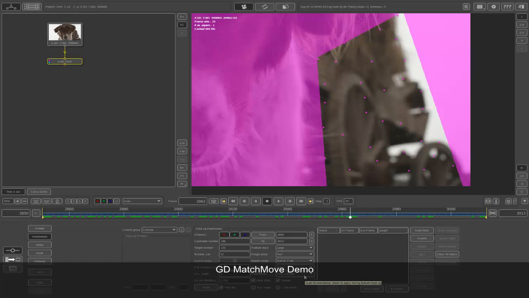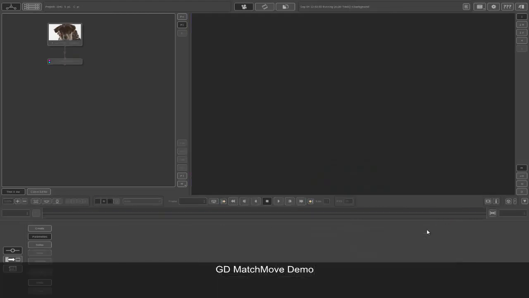That means the camera can dolly in and out or can pan around or do anything, but right now we only need the camera to roll, or we want it to tilt. So instead of free camera, we set it to rotation only, so the camera can only rotate and nothing else, which is going to give us much better tracks. And basically that's it. We can hit auto track, or we can shift click on it so it processes in the background. So right now I'll just shift click on it, so it does the entire thing